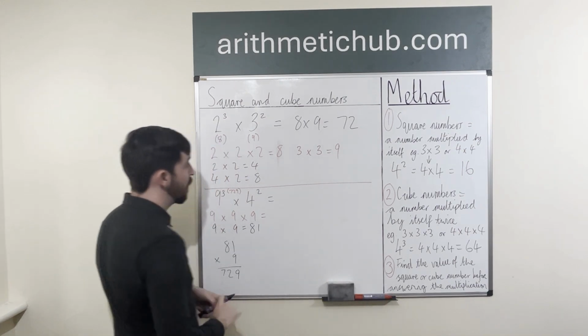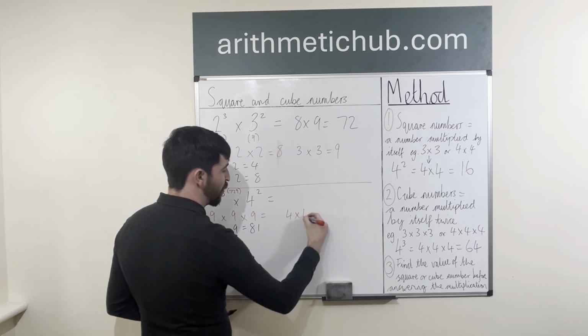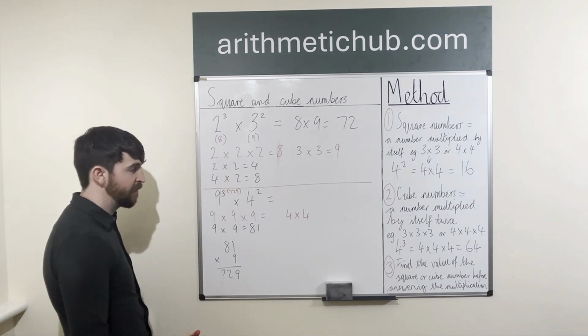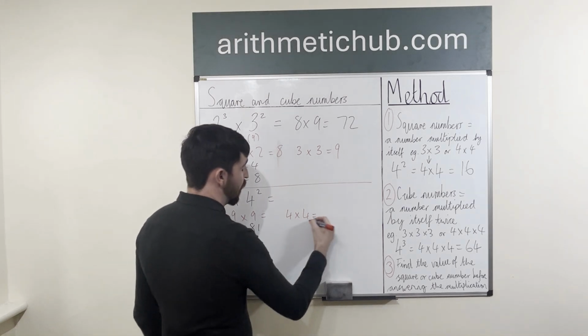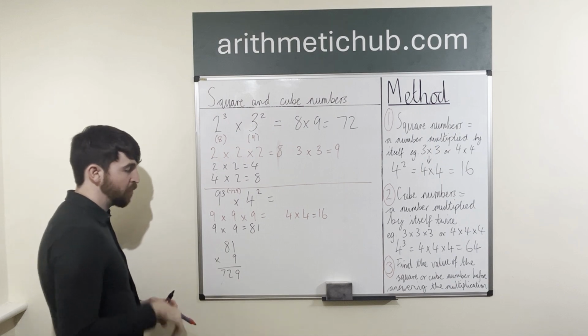Then I'm going to have a look at 4 squared. 4 squared is the same as 4 times 4. I don't need to do a column multiplication for 4 times 4. 4 times 4 is going to give me 16. Now, what I need to do is say, right, okay,